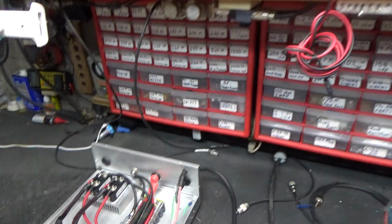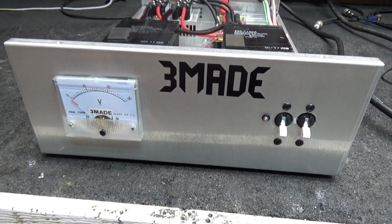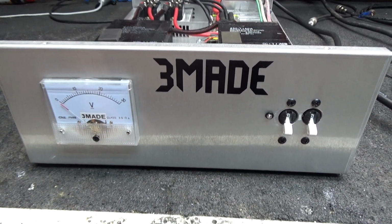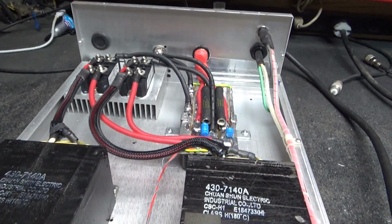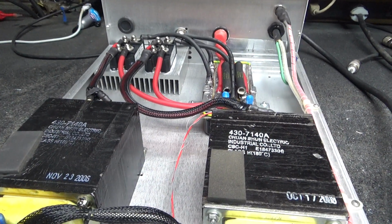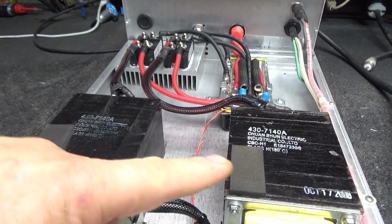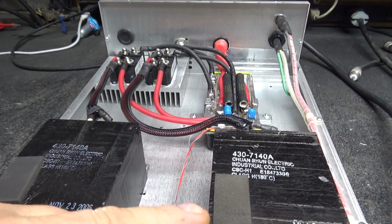And what we got up on the bench today is Mr. 460's power supply. If you go back a few videos, you'll see it. It had the wrong transformers in it. For one thing, it had 100 amp and 170 amp, and we changed that to 70 amp and put another 100, so it's 200s, and it load shares. Be a bad deal